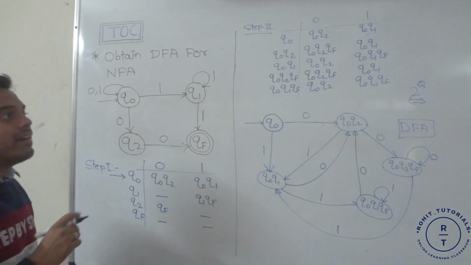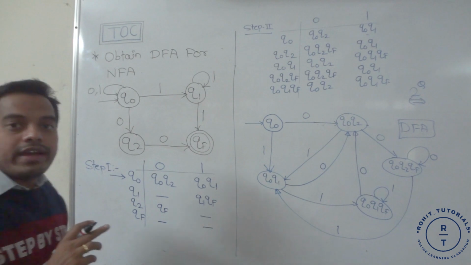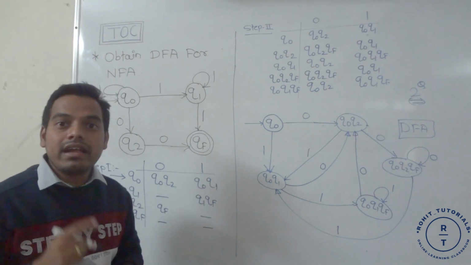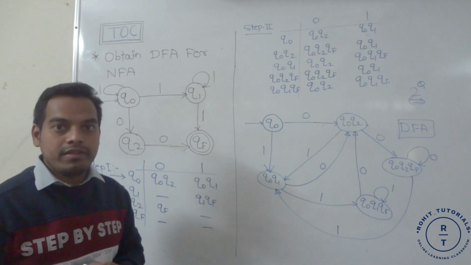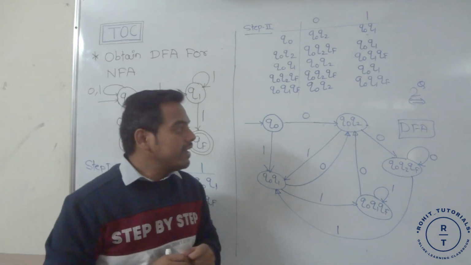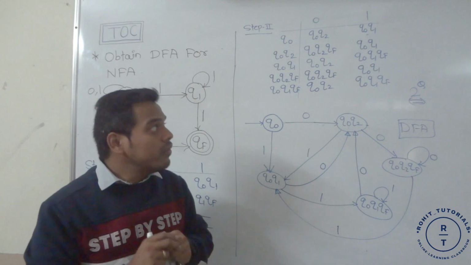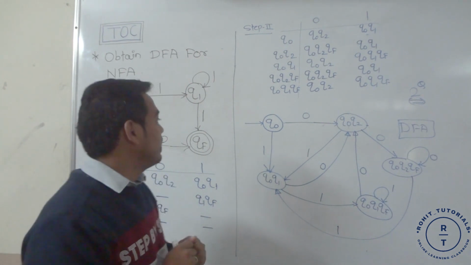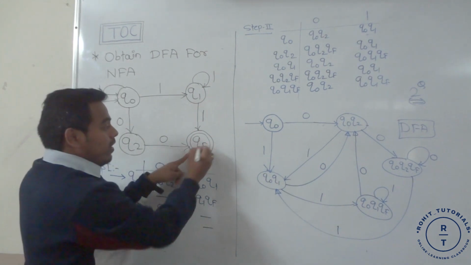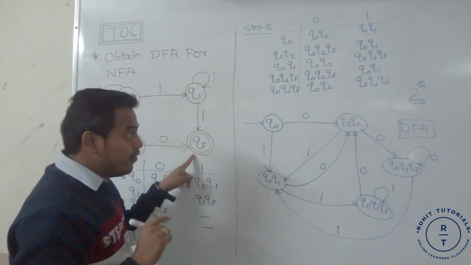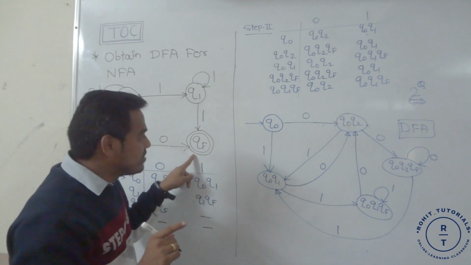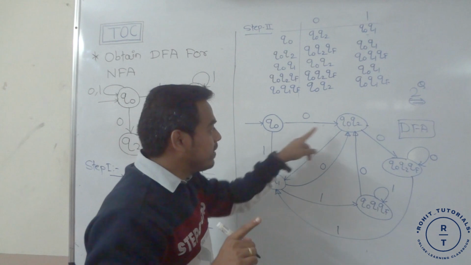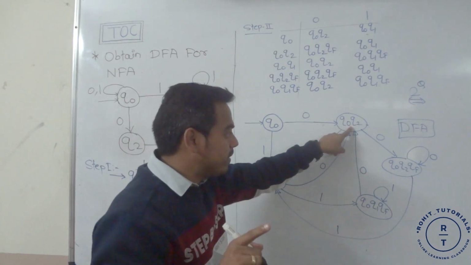Whenever we are considering non-deterministic finite automata to DFA conversion, for that we require states, and those states come from the power set of Q. Okay, so this is the final NFA to DFA conversion. Now we require the final states. What are the final states? In the NFA, Qf is the final state. Now find those states that contain Qf as a symbol. Here there is no Qf present.